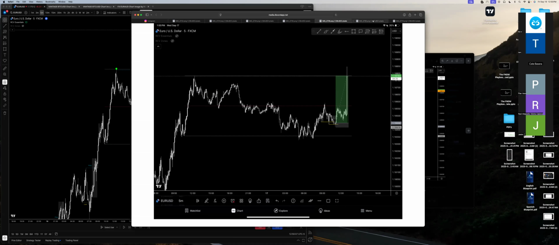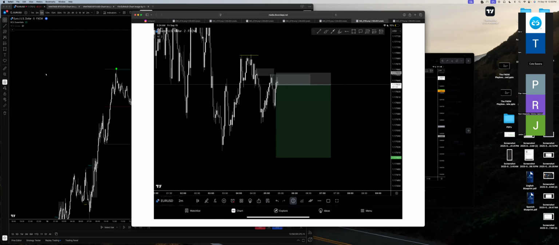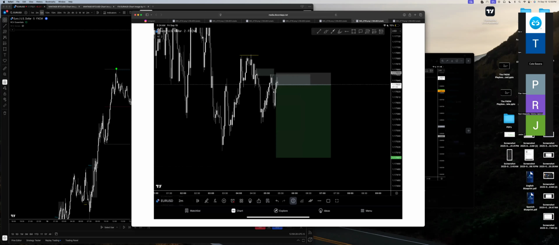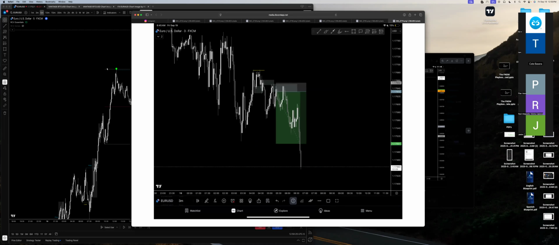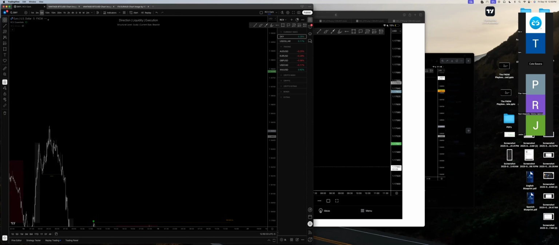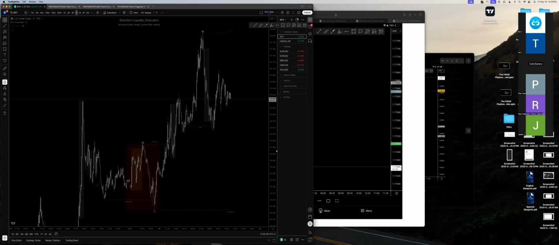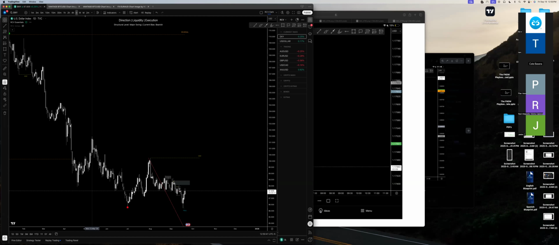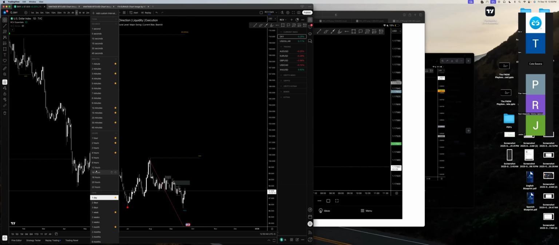But anyways, last scenario, this was me using a sweep as a frame rather than an entry, kind of like what we did here with EURUSD previously. So this was last night, about 7 hours ago. And the reason why I was looking for sells now, especially after FOMC, if you guys can see here on dollar, if you guys have been on the Zooms for the past, let's just say 2-3 months, you guys know that we've been bearish on this. It's probably been like 6 weeks now.